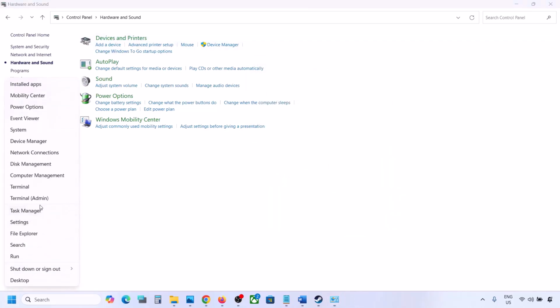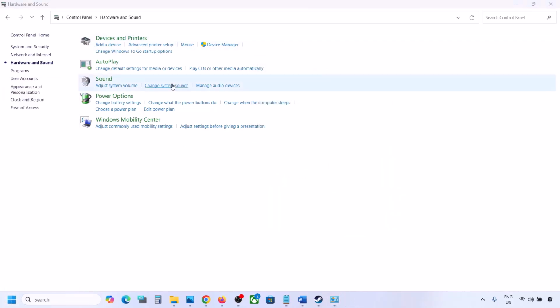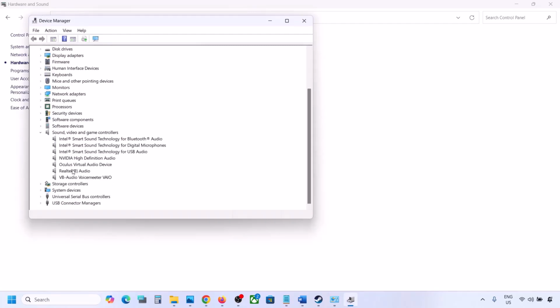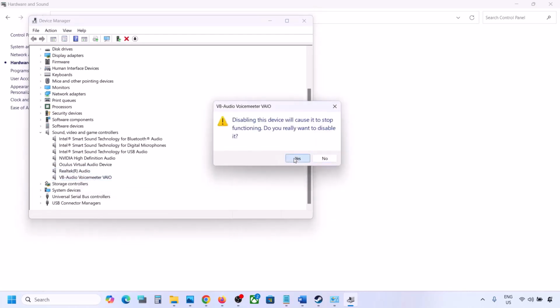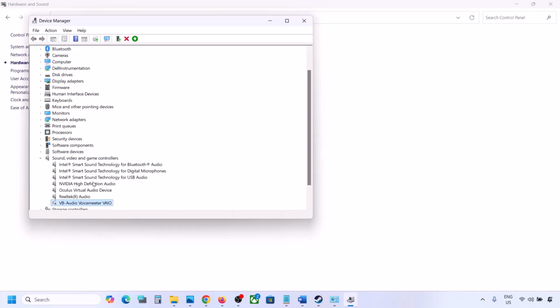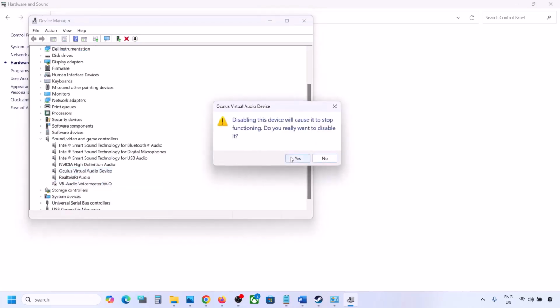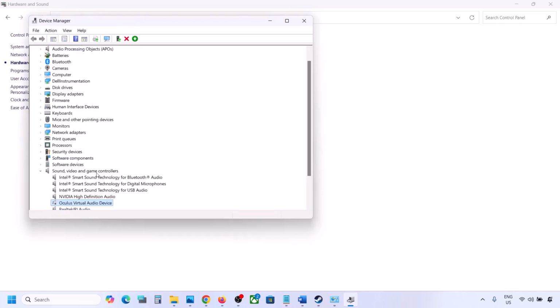Right click on the start menu, go to Device Manager, and then expand Sound, video and game controllers. I'm using this Realtek, and the rest I'm not using, so I will right click and disable them. You can always enable them whenever you want. Simply right click and enable. So I'm not using this Oculus, I will disable it. If you have this NVIDIA which you're not using, you can disable it,